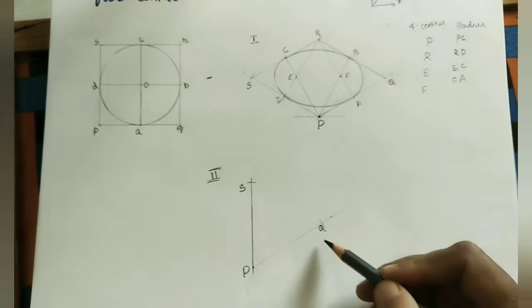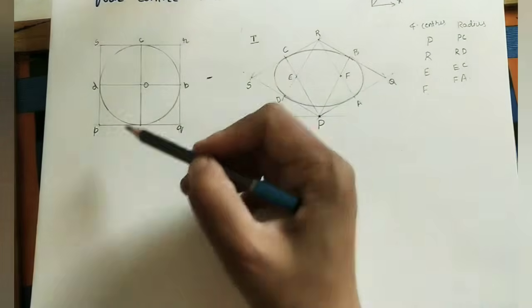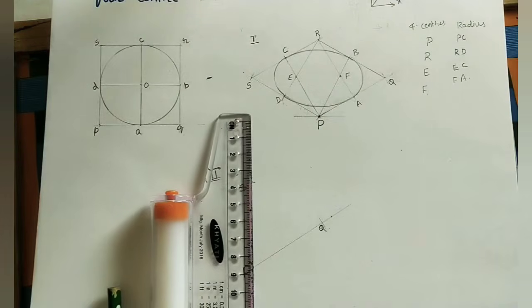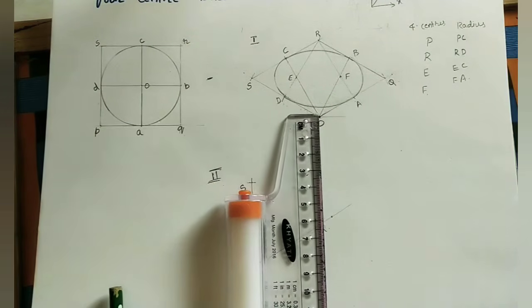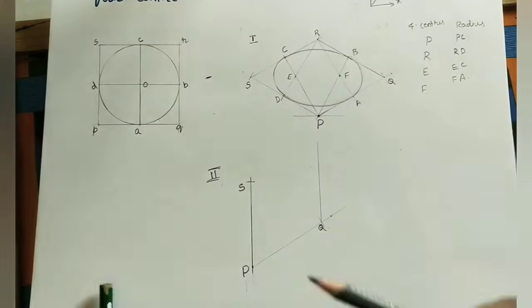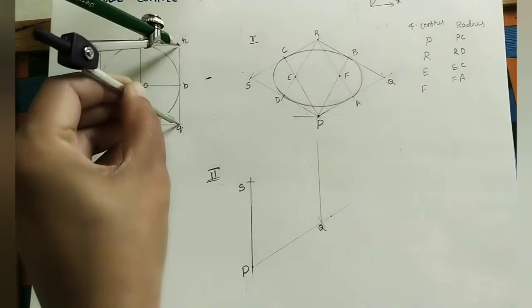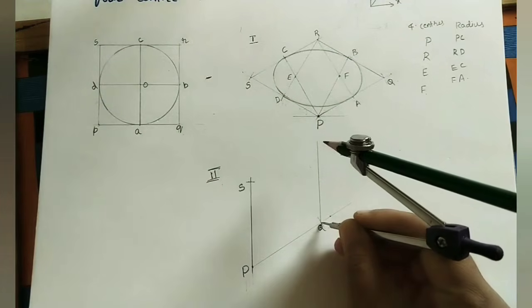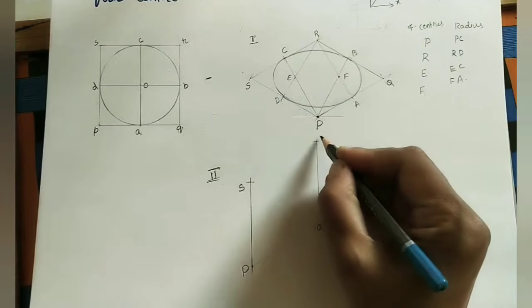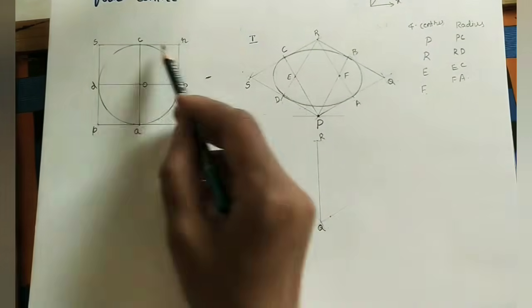At Q, do the vertical line. As I told, in the second method, we are taking all vertical lines as they are. Now take this as the reference line. Move the scale at Q, do the vertical line. Mark this QR length here on this vertical line. Take this intersection point as capital R. Join S and R.